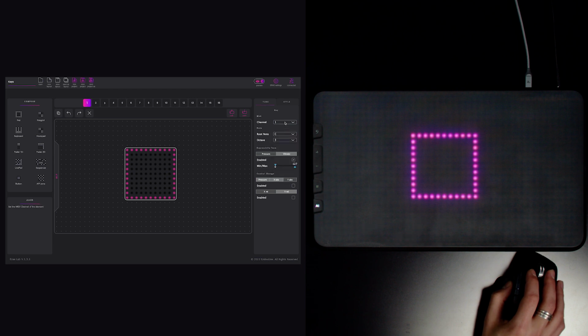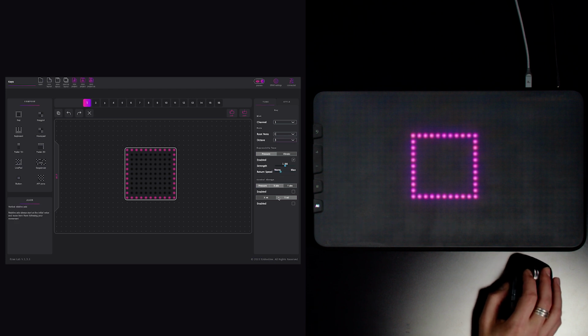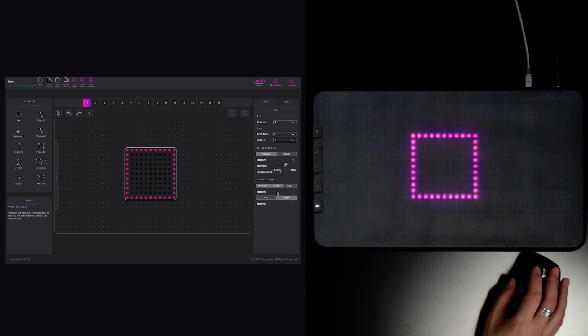Here's the channel. I can set the root note and its octave. Then there's the pressure, the vibrato, and for this video I'm going to set the vibrato on one note. You can set the strength of the vibrato and its quantization by adjusting the return speed. As you can see, as we hover over an element, you can see the details of this element in the